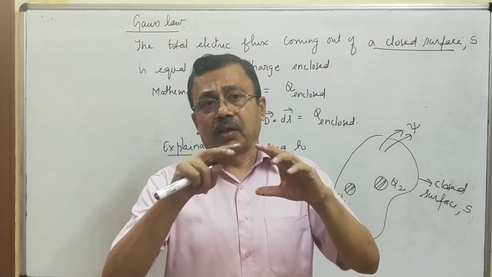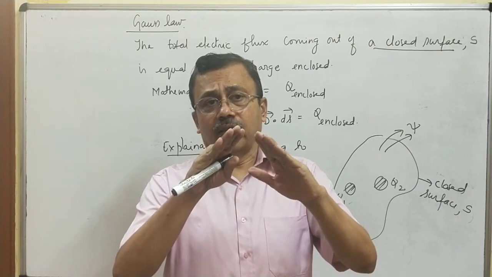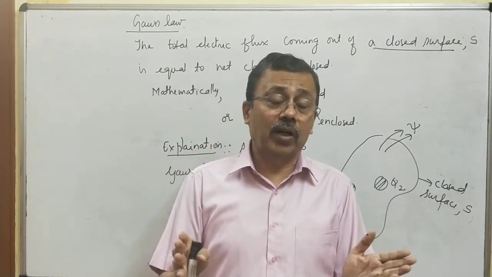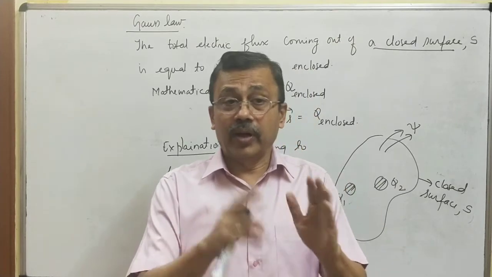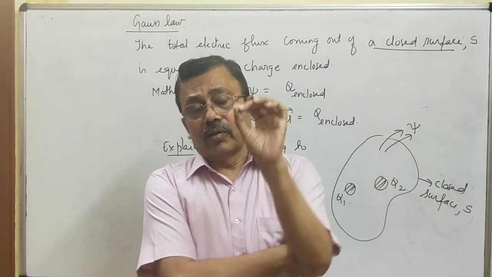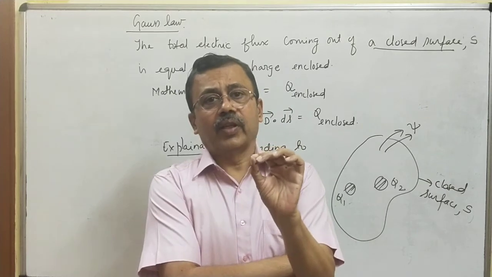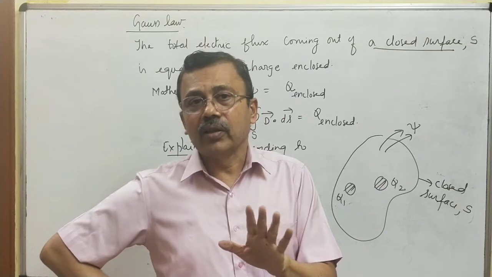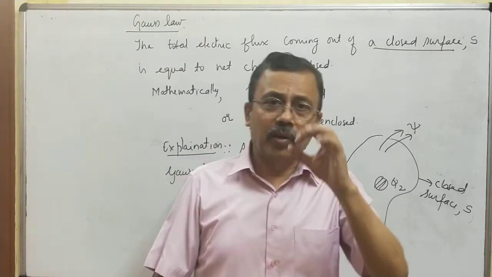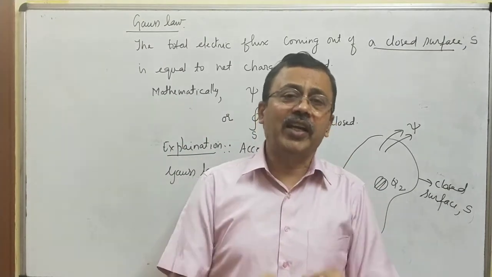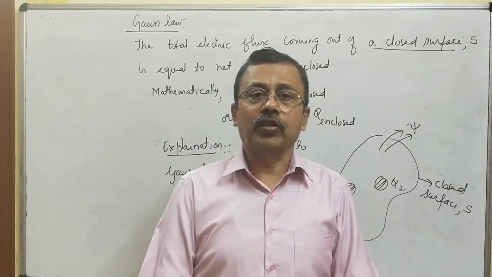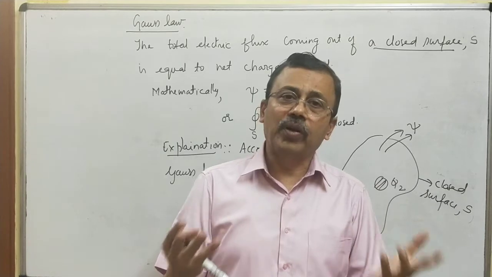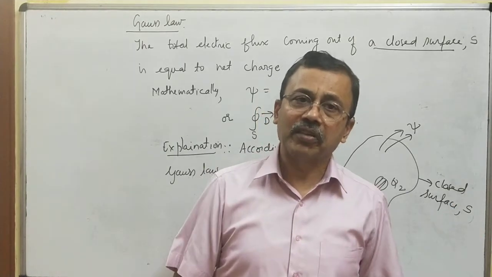But what I mean to say is, to explain this, not all three-dimensional surfaces are closed surfaces. I made a mistake. Closed surface means it has to be three-dimensional, but all three-dimensional surfaces are not closed surfaces. You take a balloon. When a balloon is inflated and its mouth is tied, it becomes a closed surface. When the mouth of the balloon is open, it is called an open surface, even though it's a three-dimensional surface.